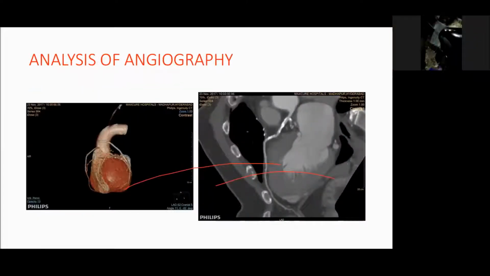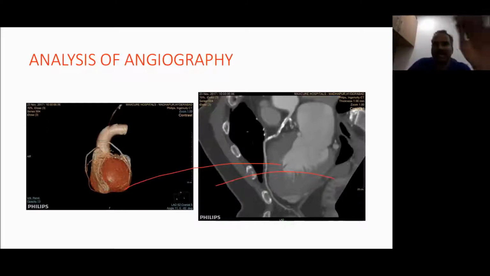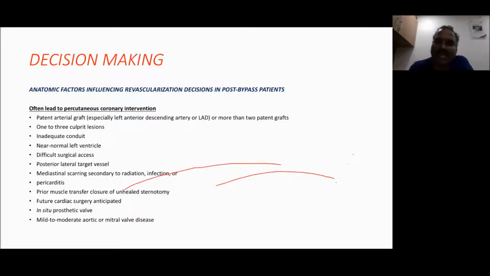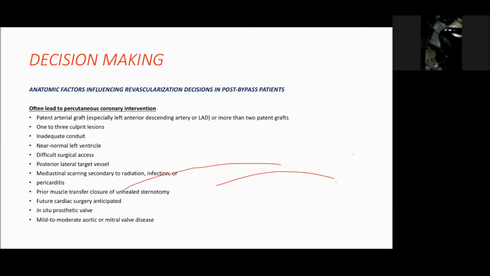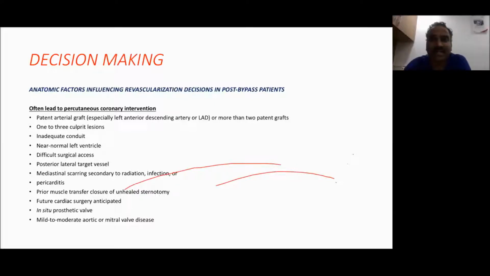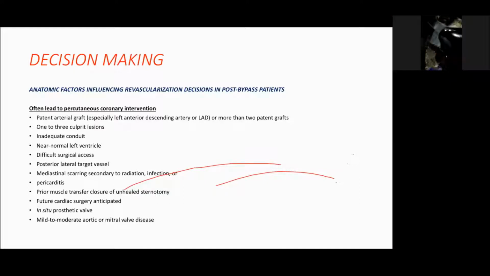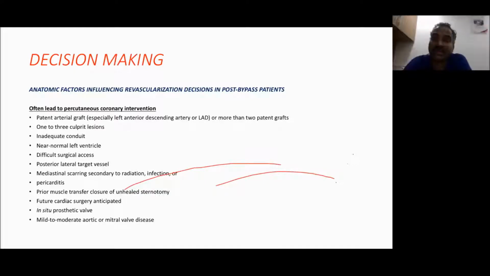So once you analyze angiography in detail, and the most important thing is the competitive flow to understand grafts, then we have to take decisions. While taking decisions in these patients, there are many factors which influence. The anatomic factors which influence your revascularization strategy in these patients. And there are factors which favor angioplasty. There are factors which favor bypass surgery. So factors which favor